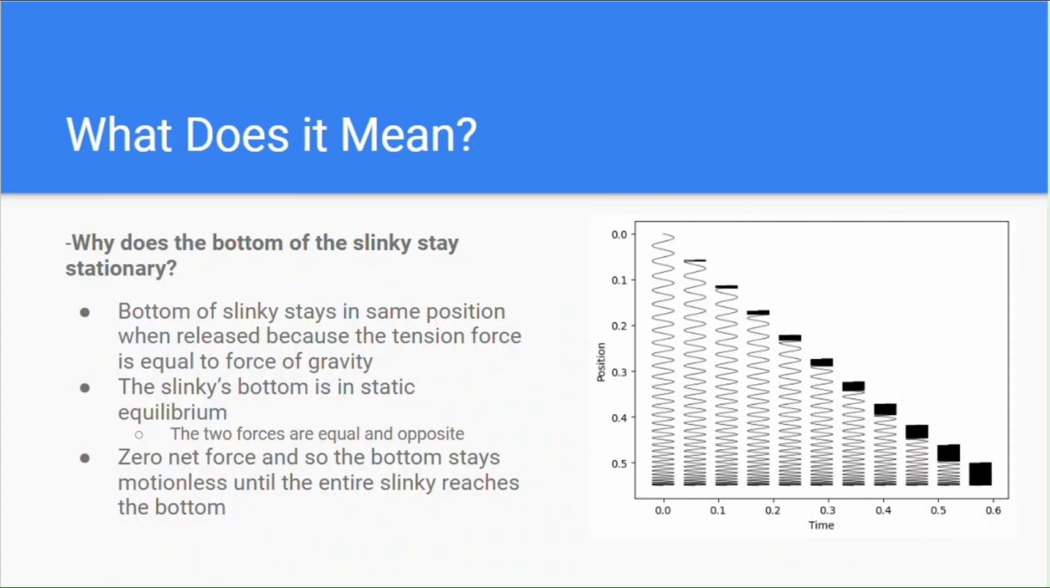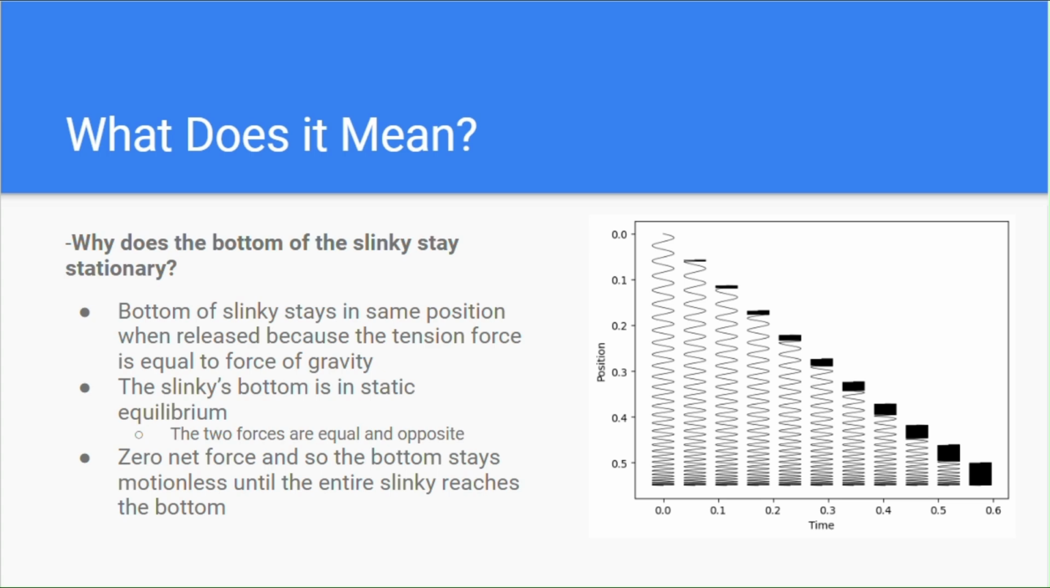So, what does it mean? So the question posed is, why does the bottom of the slinky stay stationary? The bottom of the slinky stays in position when released because the tension force of the slinky is actually equal to the force of gravity